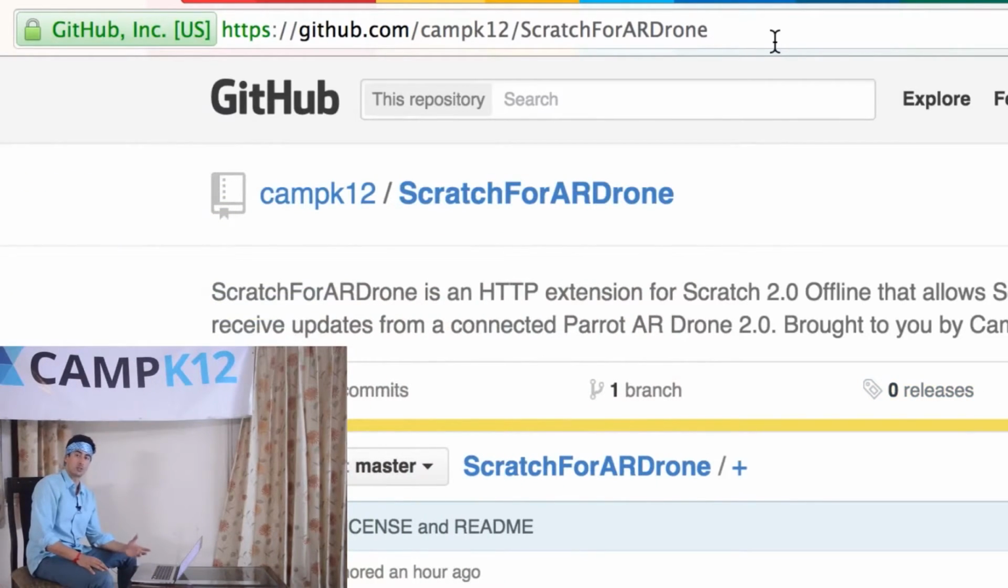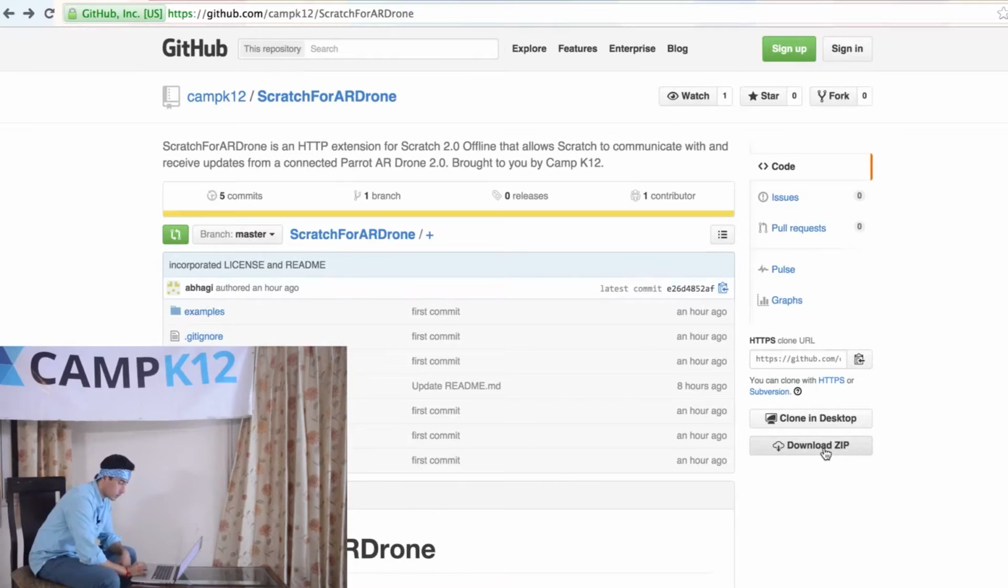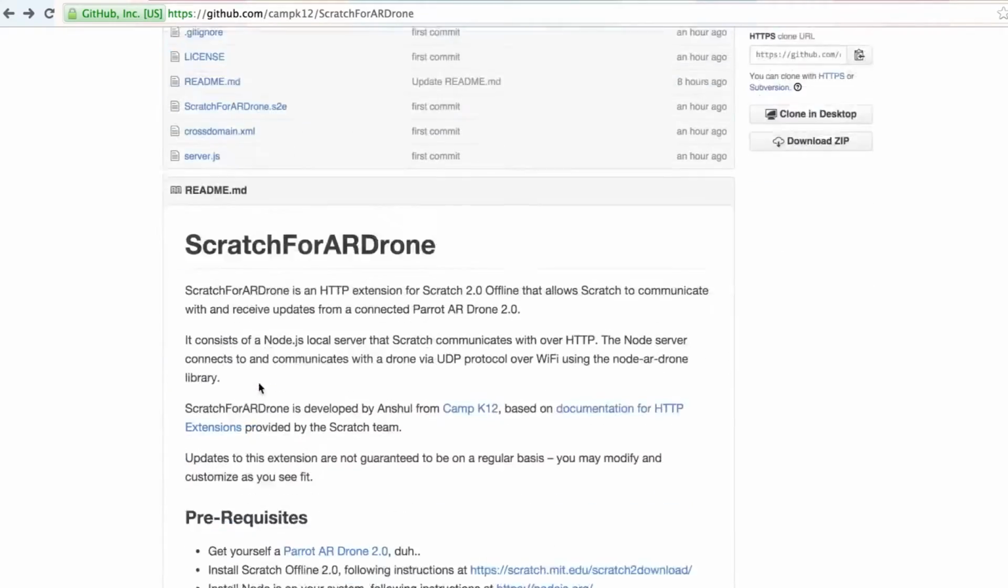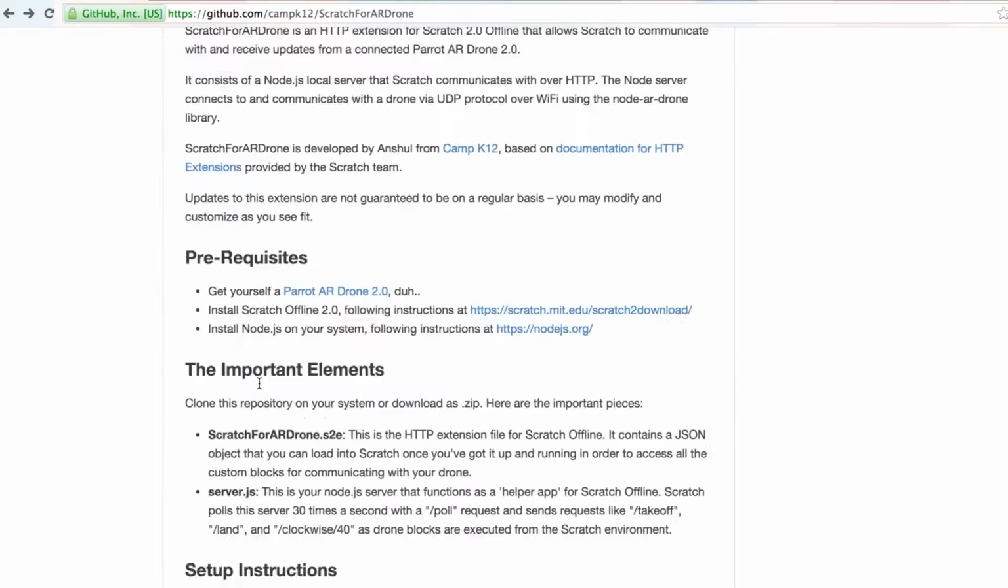github.com/camk12/scratch for AR drone, which is the name of our extension that we are publishing and open sourcing. And you will come to this page where you'll see a download zip link. This zip contains the helper app we used and the Scratch extension file that we imported into Scratch. You just click download, unzip it, and you can follow the instructions that are available to you in this README